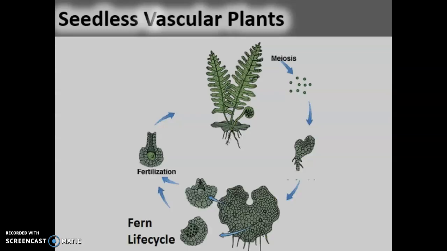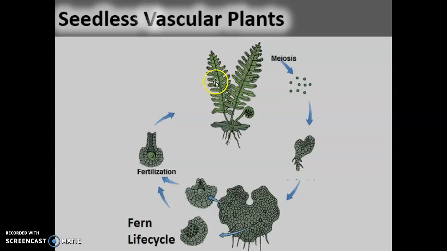So if we take a quick look at the fern life cycle, it looks like this. If we start off with spores here, they are dispersed. They're spread around with water and wind. They'll eventually grow into that new heart-shaped gametophyte that we see right here. So this is a young gametophyte. This is a more mature gametophyte that produces both sperm cells and egg cells. The sperm will eventually need water around so it can swim to the egg cell. Fertilization occurs, and once that happens, the egg cell grows into the sporophyte, which is dominated by these large fronds